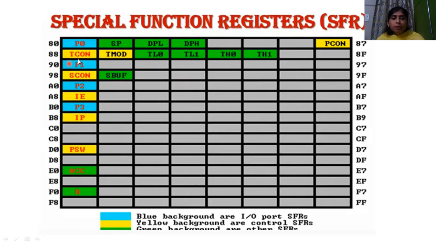So these different yellow color backgrounds are for control SFRs and green backgrounds are for other SFRs, stack pointer, data pointer lower, data pointer higher byte. So these are the ACC accumulator, B register and these are the addresses given, for example this accumulator address is from E0 to E7, an 8-bit register.